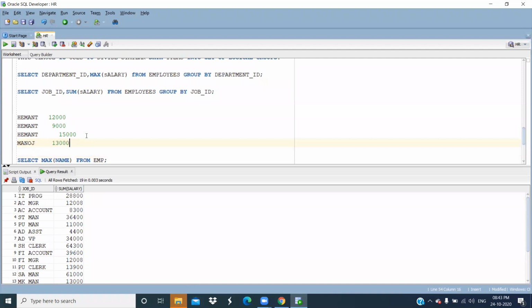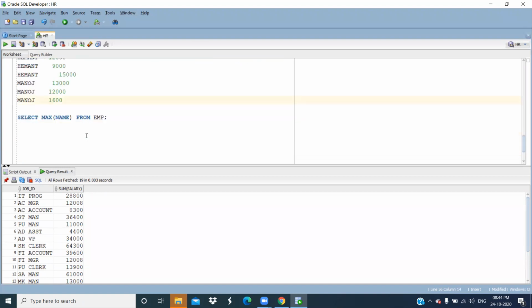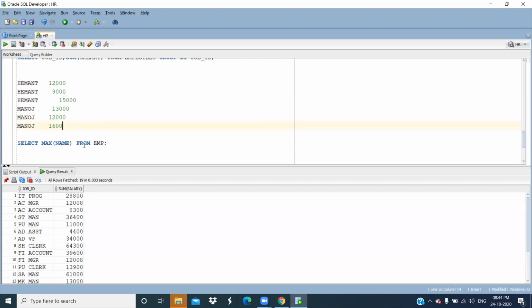Now suppose I am writing here Manoj. This is 13,000. Again Manoj, this is 12,000. Again Manoj, this is 16,000. Now suppose here I am writing select name, max of salary from EMP group by name.